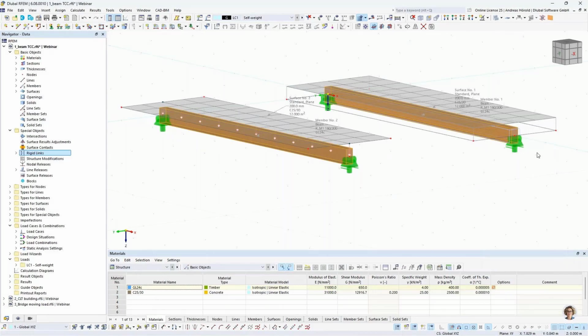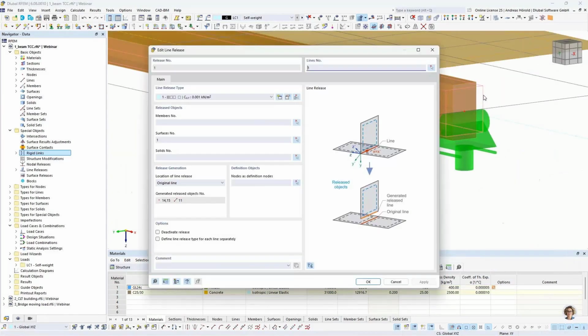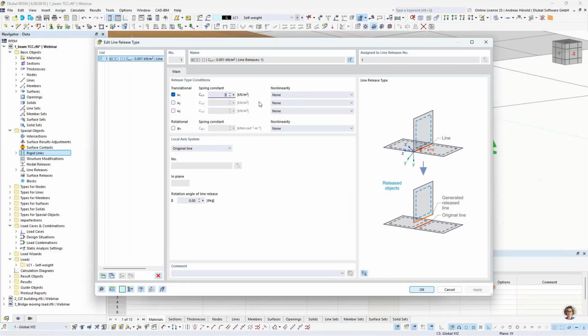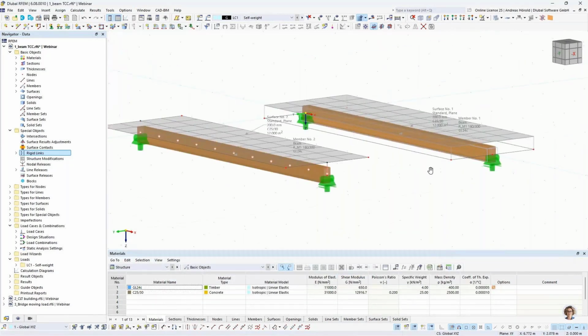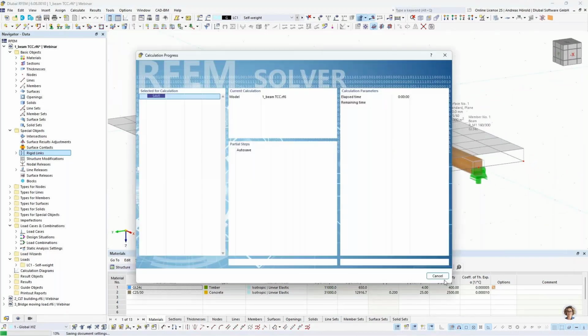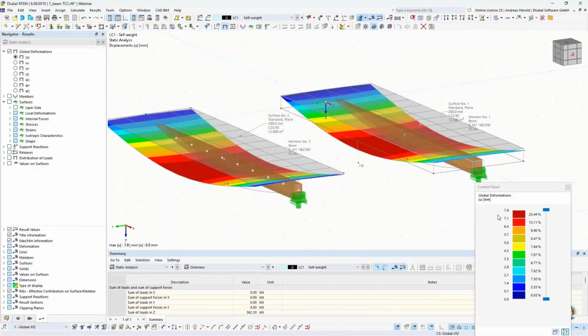We have to do the same for the line release. 270,000. Okay, and we should get the same deformation for both components or both models. So